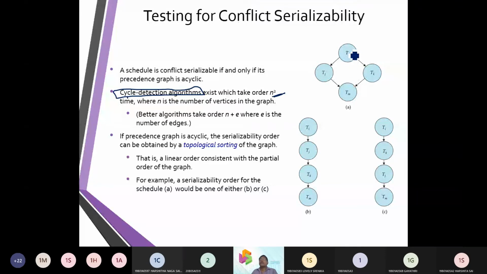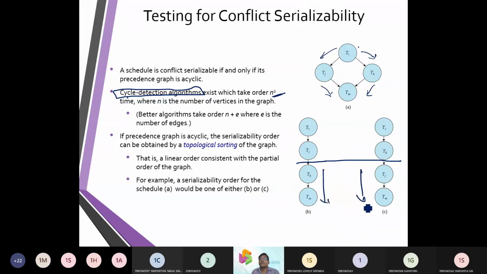So here is a graph which shows Ti to Tj, Ti to Tk, and Tk to Tm, and Ti to Tj. Now, from Ti to Tk, Ti to Tj, it is mentioned, that is fine. But what was happening was that there is some loop from Tk to Tm and Tj to Tm.